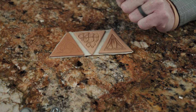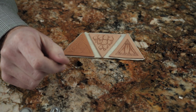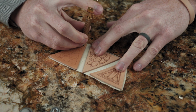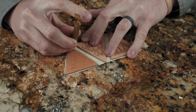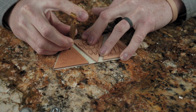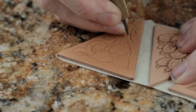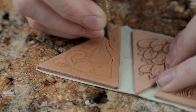Alrighty, got that traced on. So now we're ready for our swivel knife work. So go ahead, cut these lines in. Whenever I'm working on stem work, I typically start at the heavy side and lighten up. So what I consider the backbones, and then I taper off,